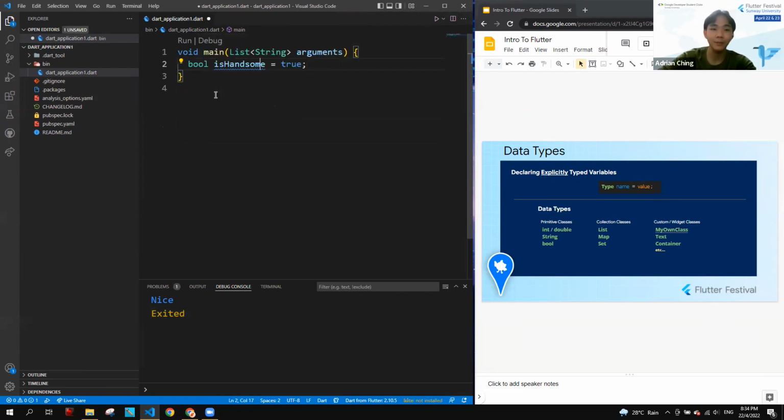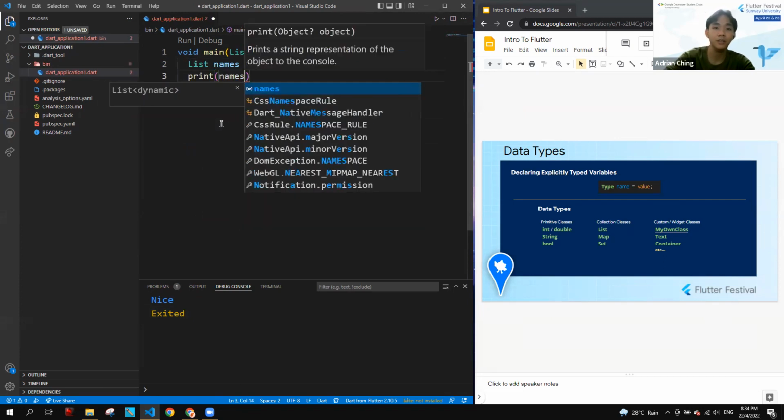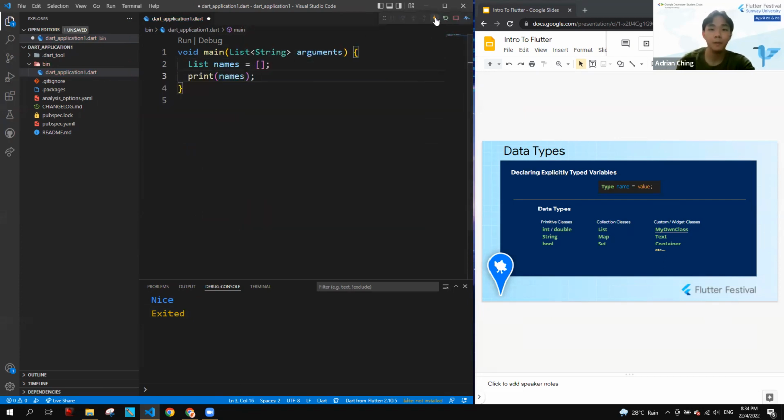And the final data type we have is list. To create a list, just do the square brackets and that's it. You have created a list. Now when we print it out, it's going to be empty, right? This is an empty list. There's nothing in there. So a list can hold multiple values, such as